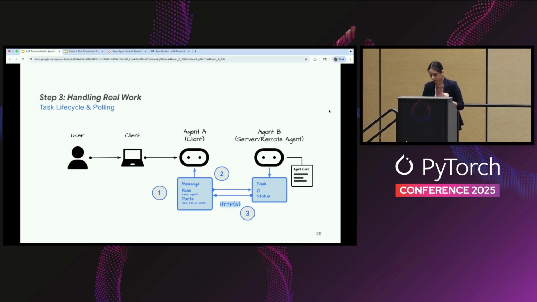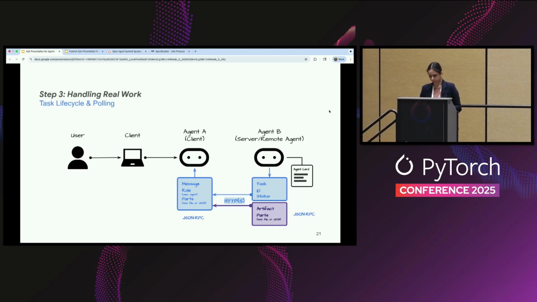This is going to be contained in the status field. So once agent A sends a request, agent B sends the task ID, and then agent A can, at regular intervals, ask agent B about the status of the task using the task/get method. And once agent B is done with the task, it can provide the summary in task.artifacts.